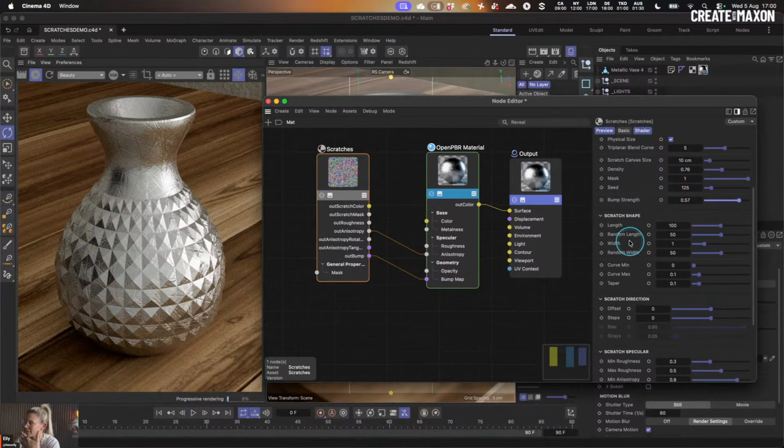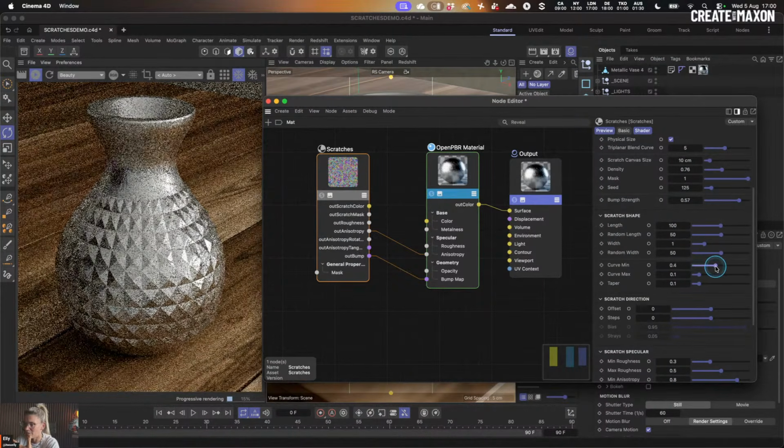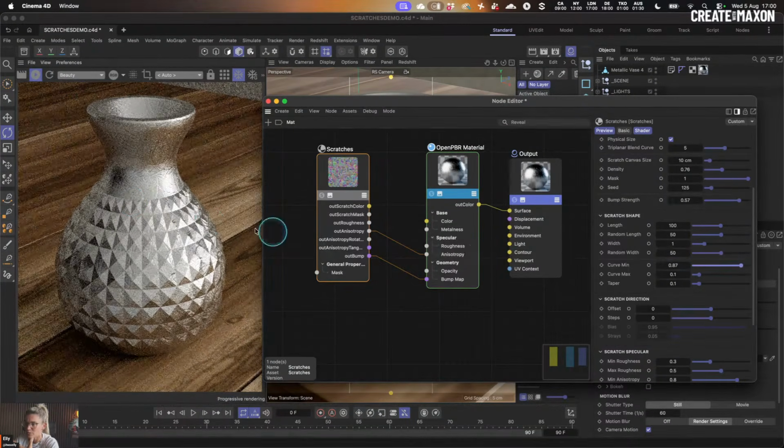Loads of different cool settings for the look of the scratches, things like length, width. Curve is a fun one. If I go to curve, we can see we have these more spiral values here. One thing I'm going to tell you, steps normally allows you to control the orientation or the direction of scratches. For example, if you wanted them all to be vertical,